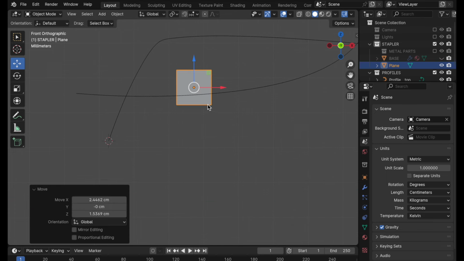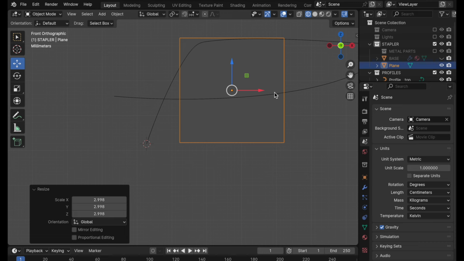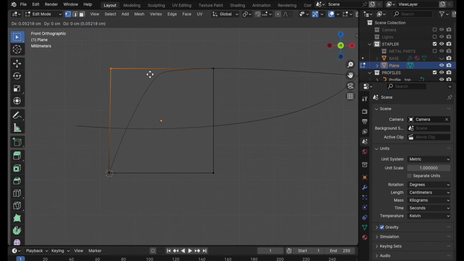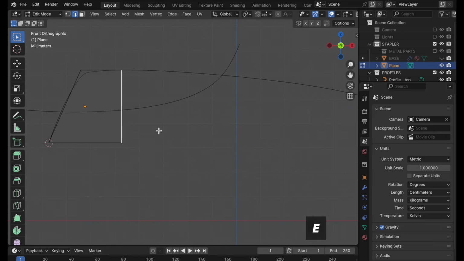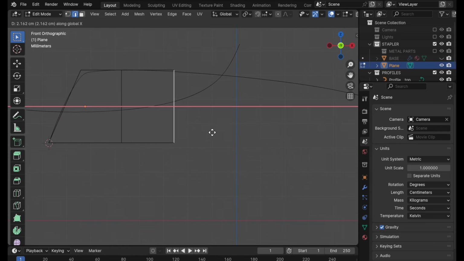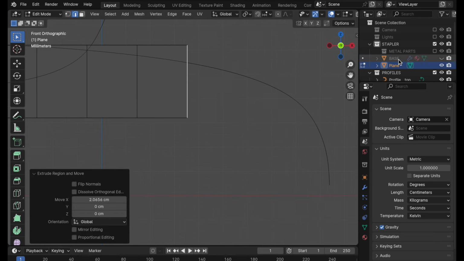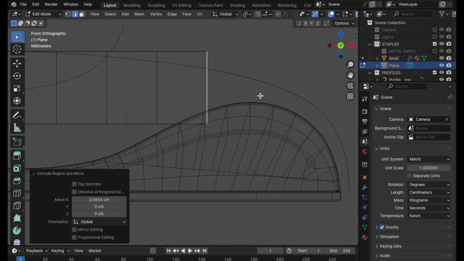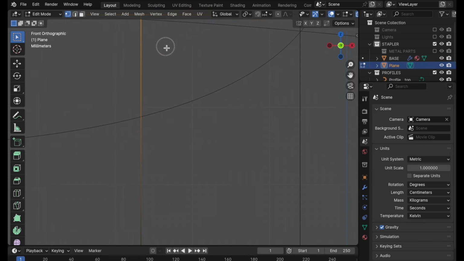So I'm going to move through this initial point pretty quickly because it's very similar to what we had done before. Tab, G, X. So I'm just going to do the basic forming work here. So E key, X, about like that. Press Shift R a couple of times. And in fact, I am going to pull back the base so we can see it in reference to that. So right up into that point,